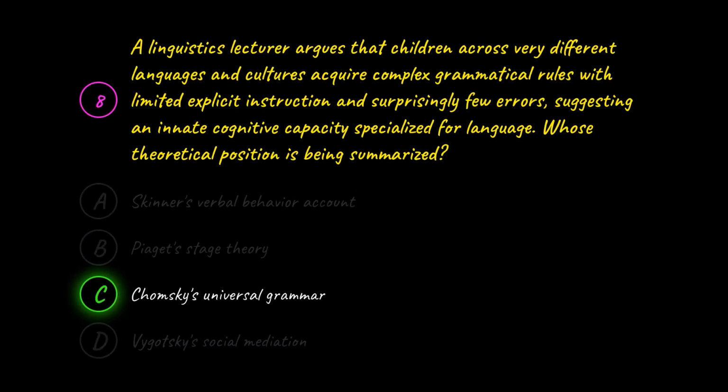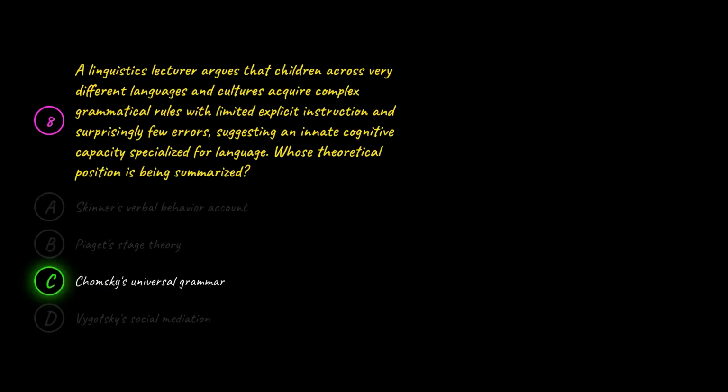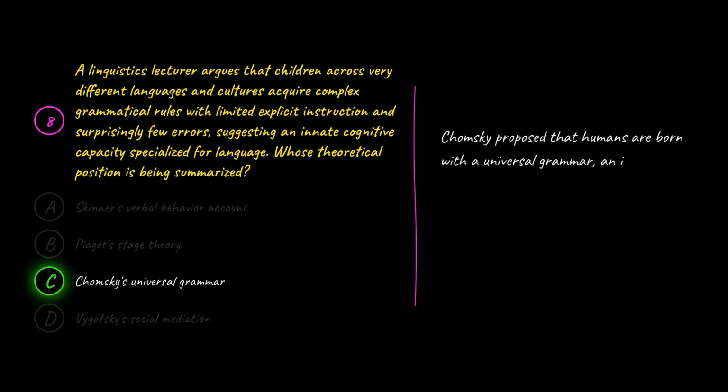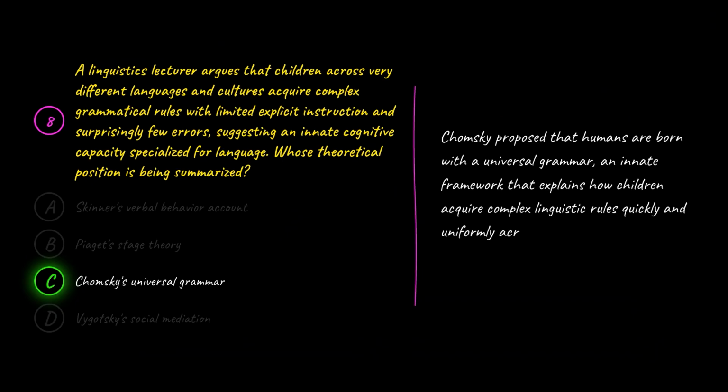The correct answer is C. Chomsky's universal grammar. C is correct because Chomsky proposed that humans are born with a universal grammar, an innate framework that explains how children acquire complex linguistic rules quickly and uniformly across languages despite limited explicit teaching. A is wrong